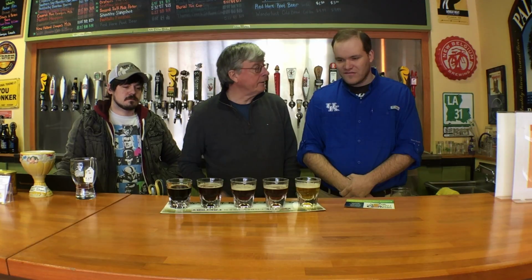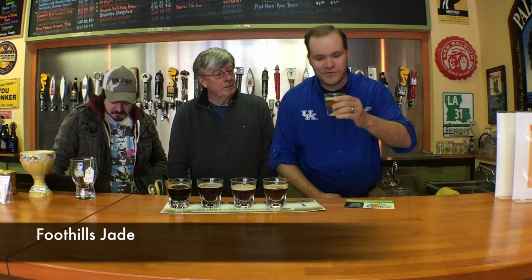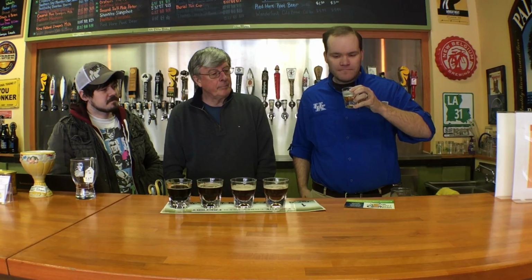I'm going to let you taste the first beer, and I'll explain what it is you're drinking. It's the Foothills Jade. Here we go. This looks probably the most like a Bud Light, but I'm sure it has a lot more flavor in it. Yeah, it does. Foothills is a brewery out of North Carolina, and as the name implies,